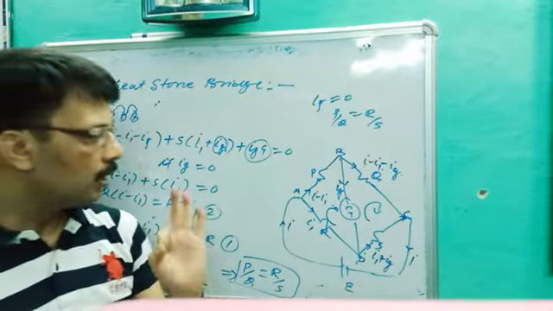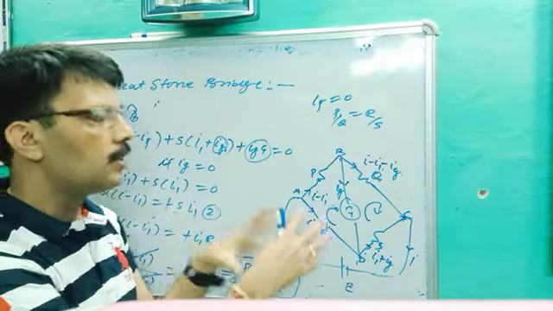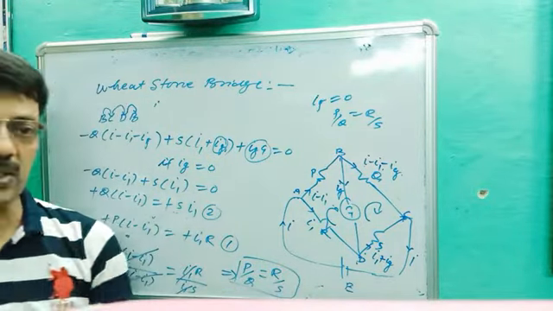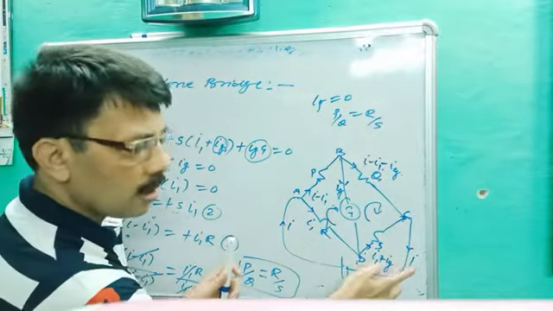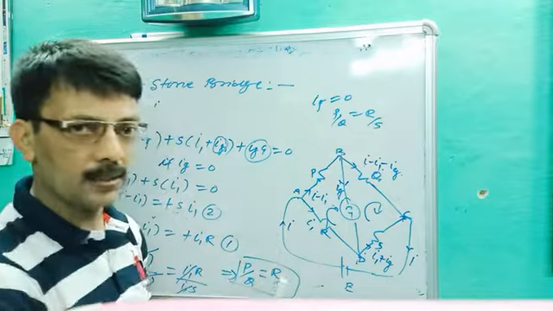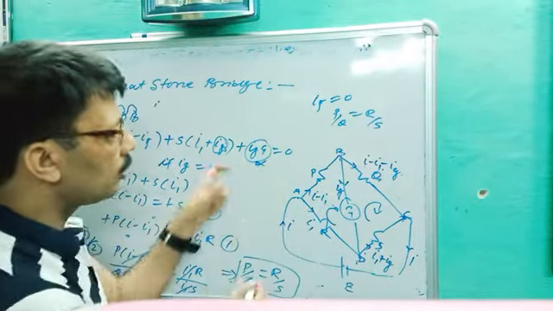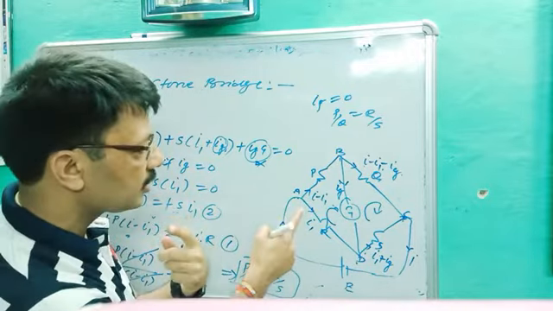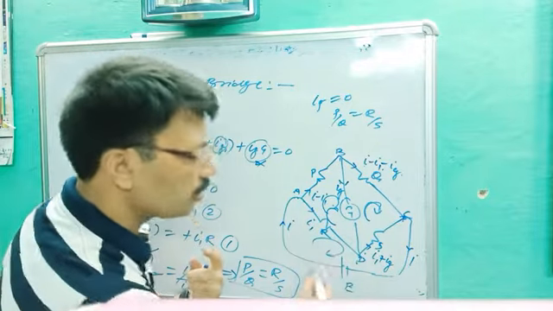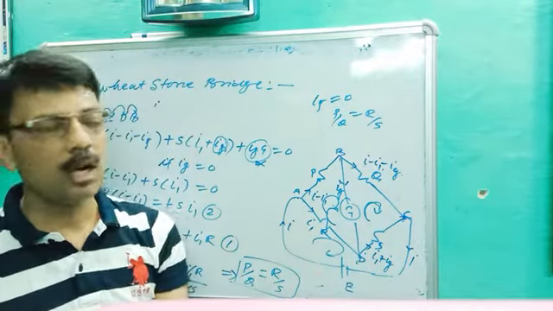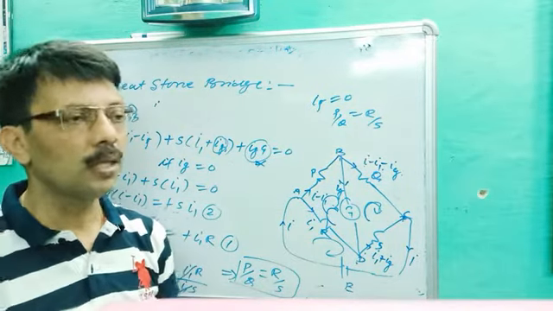And keep in mind, at the condition when Ig is equal to 0, then P upon Q is equal to R upon S, and your bridge will be very, very sensitive. Okay, but in NCERT, questions are given where P upon Q is not equal to R upon S. Then what will we do? Then you have to assume Ig. It means this term will not cancel out. So you will get three equations because three currents are there: I, I1 and Ig. Equation first, equation second, and one more loop gives equation third. You will make three equations and solve. You can get the value of current of each branch as well as the voltage of each branch. Okay, so that's all for today.